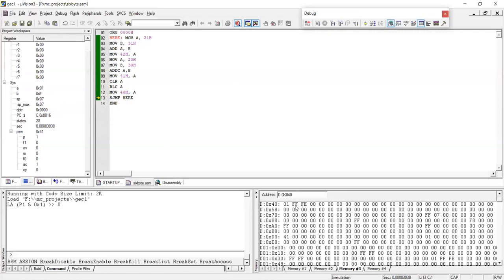So what is the result of adding two 16-bit numbers? Which are the two 16-bit numbers we took here? FF, FF, right? Plus the other 16-bit number is also FF, FF. The resultant of that addition is 1 FF, FE, right? We got this result here. This is addition of 16-bit numbers, right?